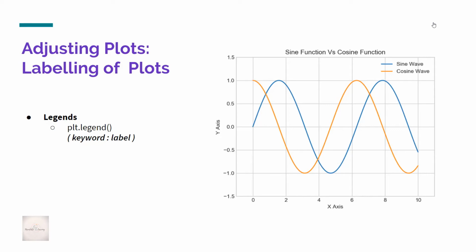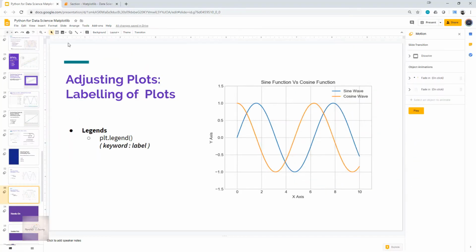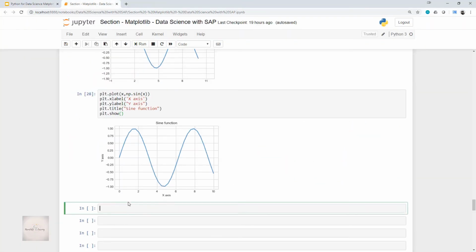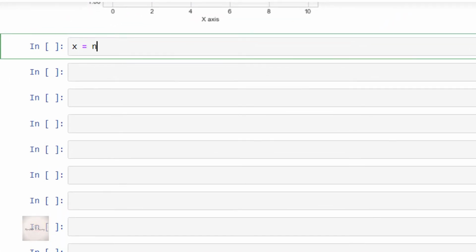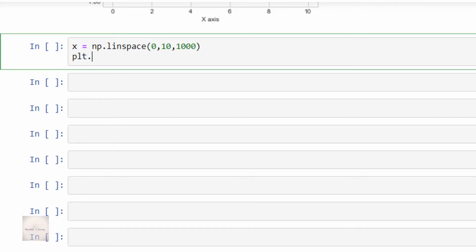Now I'll write some code so that you can get a clear picture of this label keyword for legends. Let me come back to my Jupyter Notebook. Let me start the code with x equal to np.linspace of 0, 10, 1000, and then plt.plot of x, np.sin of x, color equal to r, and label equal to sine function.